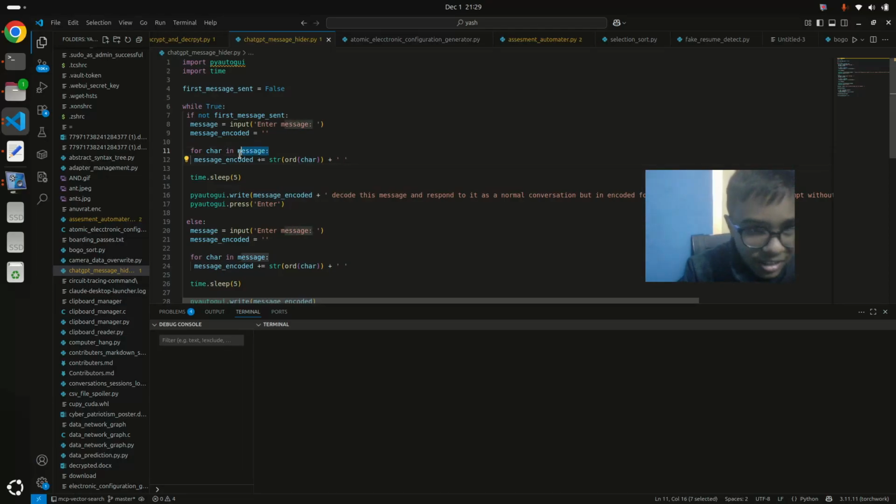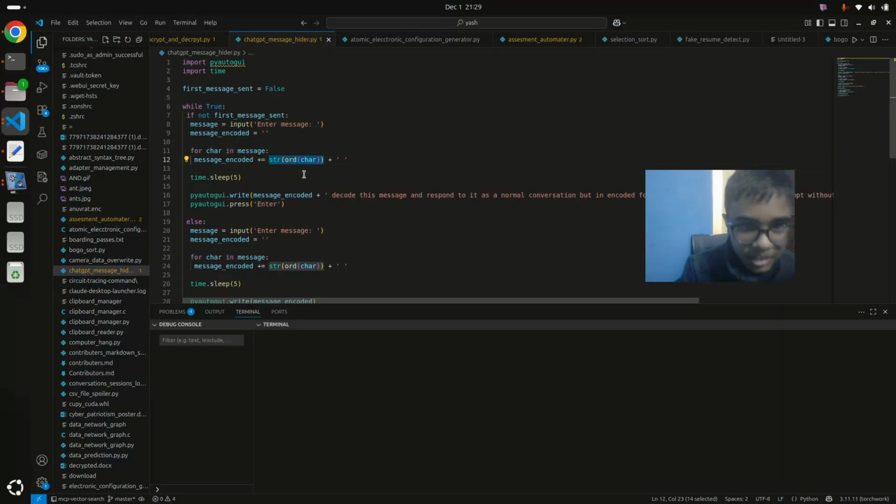So see, here I am looping over the characters from the message input, and after that you are using this ord function to encode the message. This is the main function in this video, which we are going to learn in a fun way of hiding your chat session from parents.